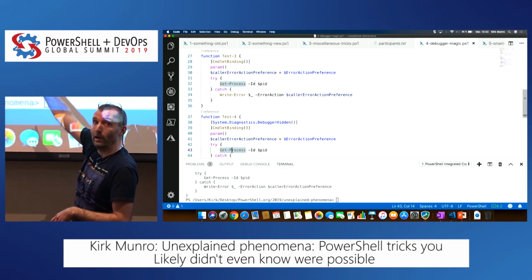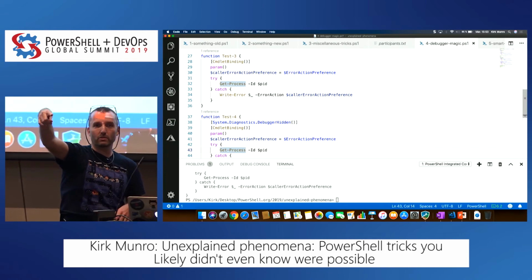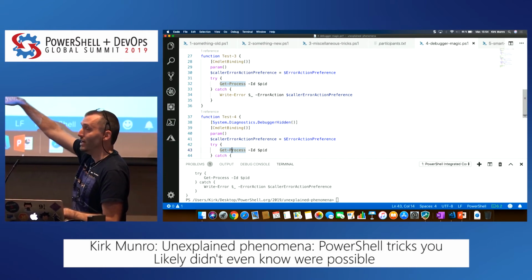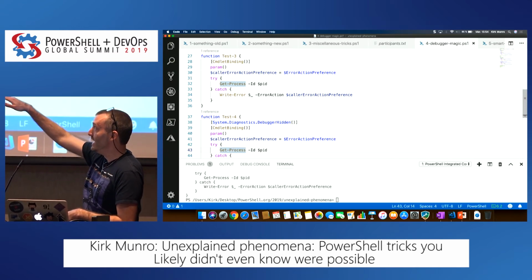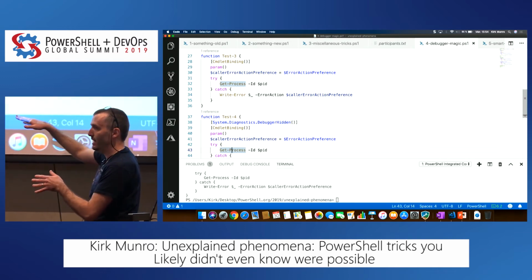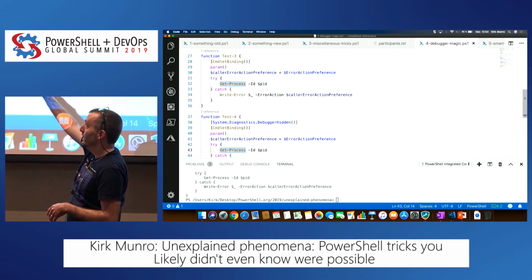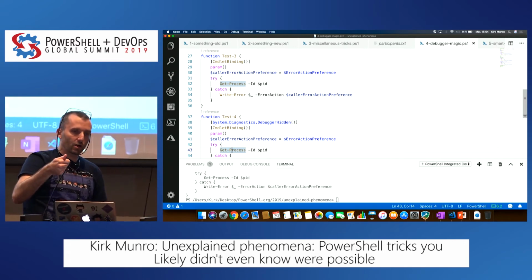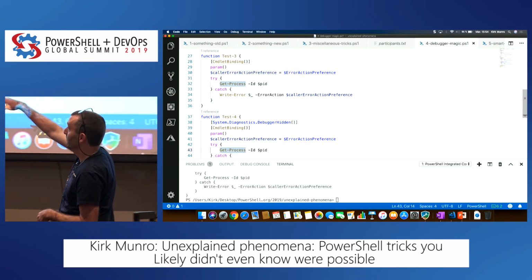How many people are aware of and have used the, not counting people who have been to my Debugger talk last year, how many people are aware of and have used the Debugger attributes? So this is one of those things that people just don't know about. We don't talk about it. We don't document it, but it's there. It comes from .NET. .NET has a Debugger hidden attribute and also has a Debugger step through attribute. And those are used to tell the debugger what to do when something happens. So they're both the same code.